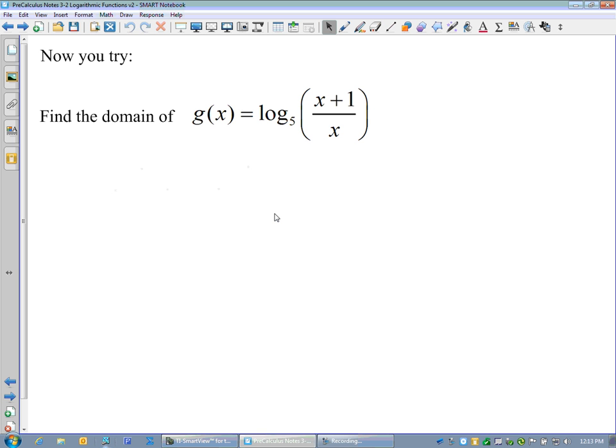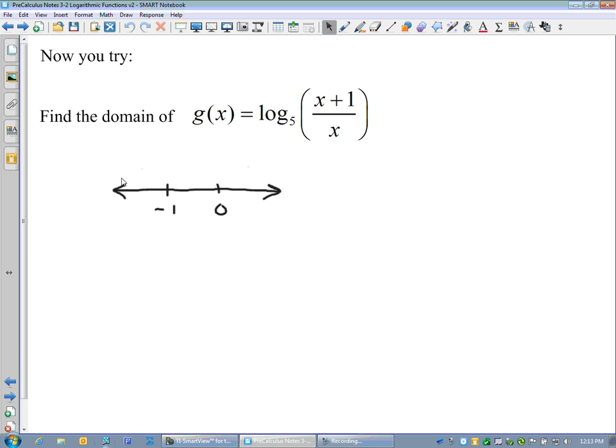Okay, hopefully you've got this problem done. And looking at this, we want to, of course, set the argument to be greater than 0, which means we need to look at intervals here. We're going to take the number line itself, and we're going to plot the critical values, which will be -1 for the numerator and 0 for the denominator. So plotting -1 and 0,